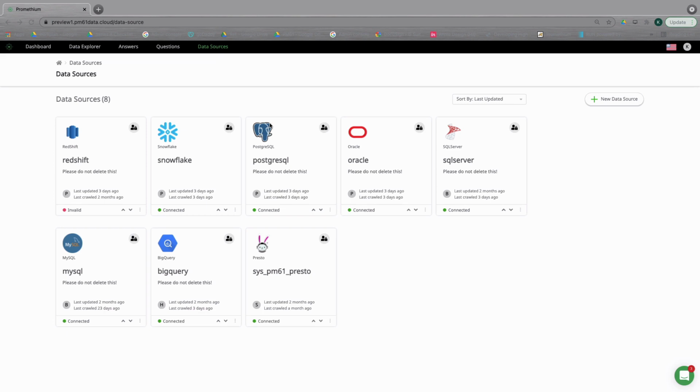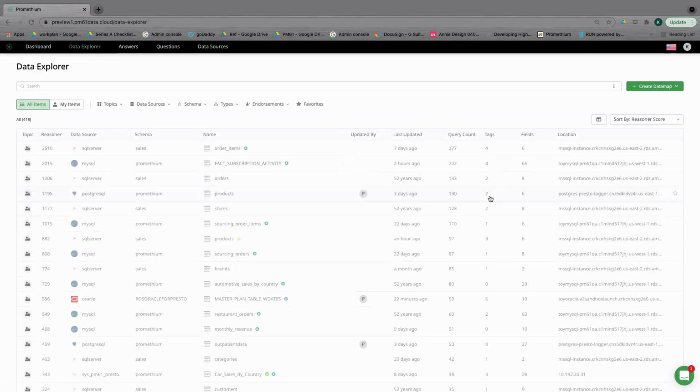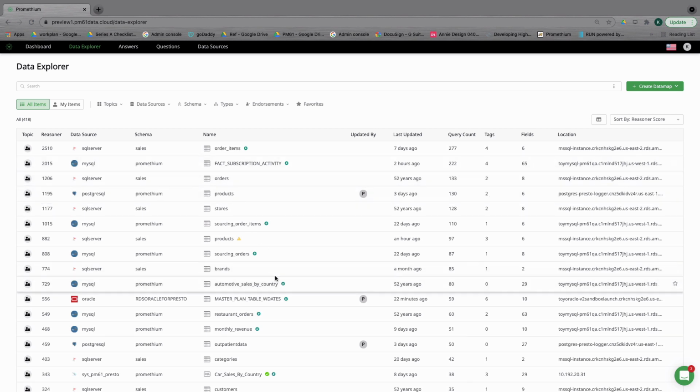The data catalog is core to Promethium as it gives the user a foundation of discovery for all the data there is. Promethium's data catalog actually connects to a number of different data sources, over 200 in fact, including any type of relational database, data lake, data warehouse, S3-based data sources, and SaaS applications like Salesforce. We allow users to very quickly search and find any type of table, file, or even SQL queries or